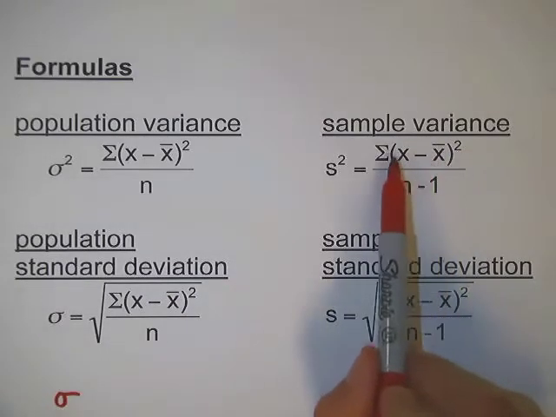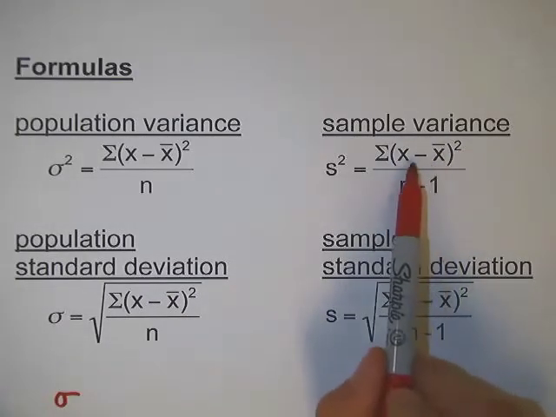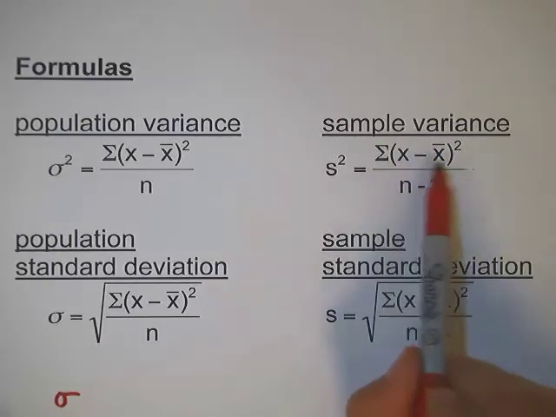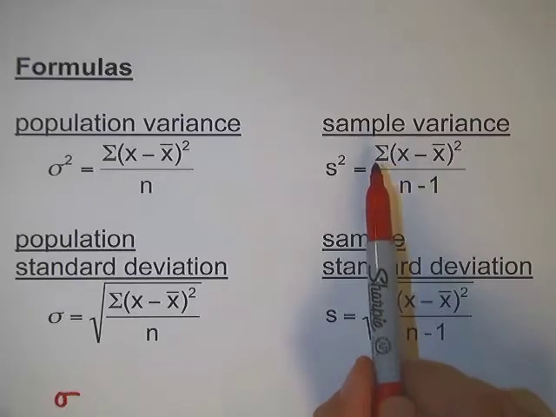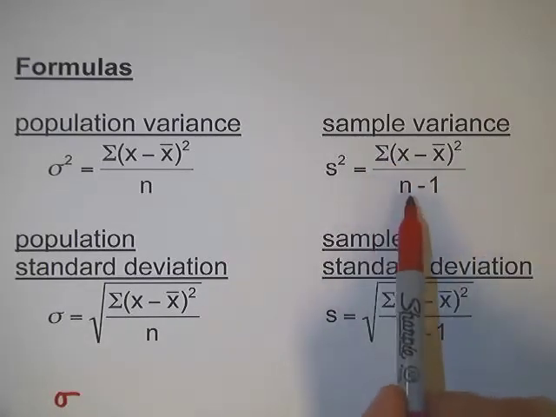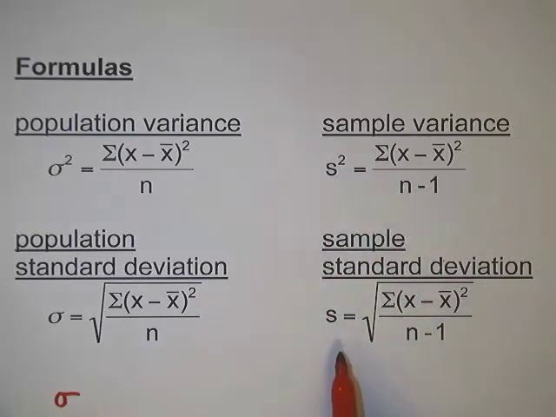So really this is your deviation. This is what we were calculating before. It's all of your deviations squared, and then all of those squared deviations summed. So add it all together. Once you have that, you divide by n minus 1, where n is your sample size. Okay, once you have your variance, then you square root that to find your standard deviation. Okay, so let's actually